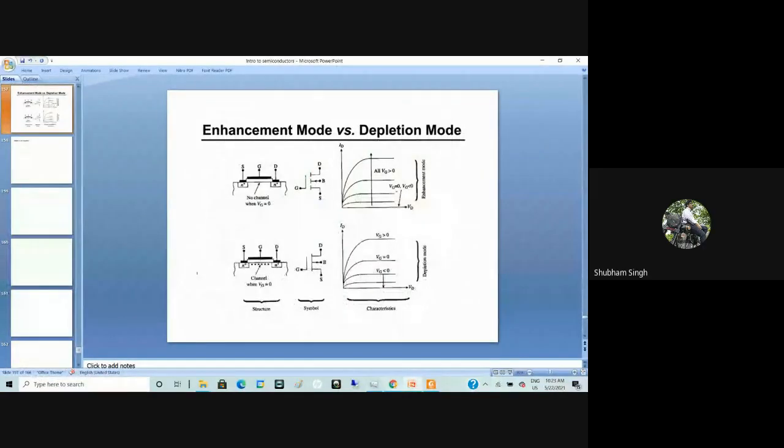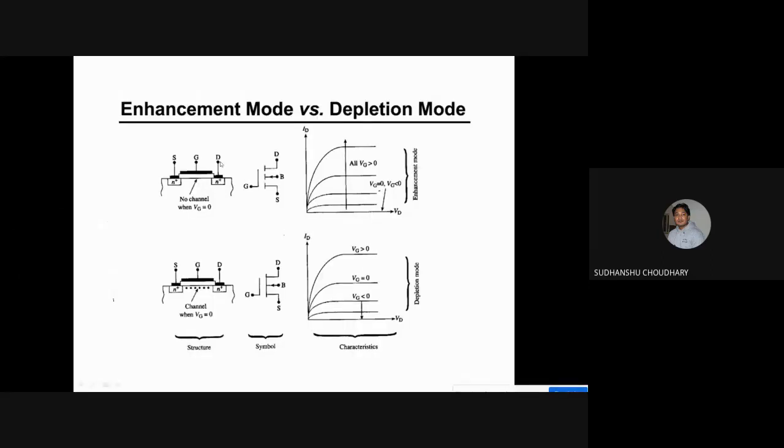Sir, in this, between the drain and source there is also reverse bias, right? VDS is always positive, right? So in an N channel MOSFET, VDS is positive. That is how you will apply electric field from drain to source, and the electrons will move from source to drain. So VD is positive.